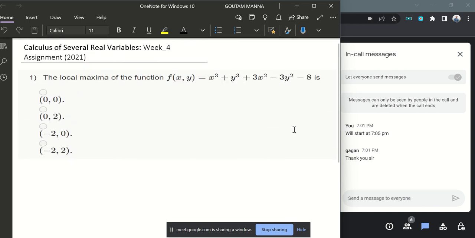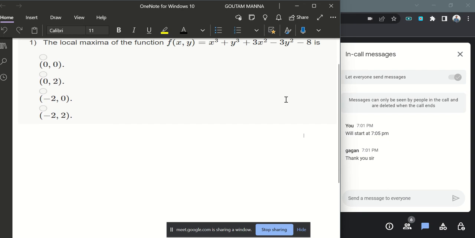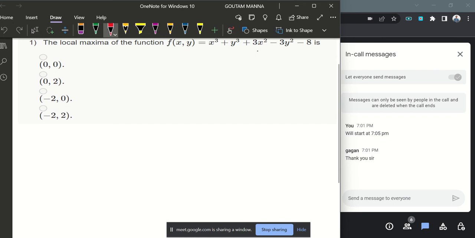Okay, so this is the first problem. It says to find the local maxima of the function f of x, y, which is x cube plus y cube plus 3x square minus 3y square minus 8. So first of all, let's find the critical points. To find the critical points,